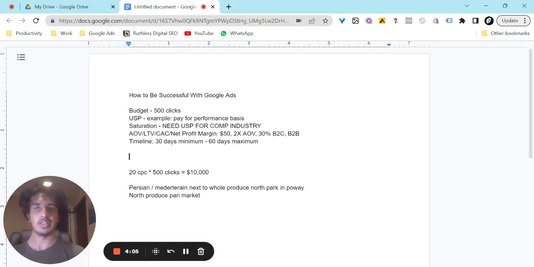Oh, we have free shipping. Besides the furniture industry or something that requires a lot of money for shipping, that's not a USP either. There needs to be something unique about the product inherently that could convince a person to buy it solely based off those attributes. If you do not have a unique selling proposition and what you're competing for in Google Ads is competitive, I absolutely do not recommend you use Google Ads. Third, in regards to saturation, the more saturated your business, your industry, your niche is, the more you need a unique selling proposition and the stronger it needs to be.